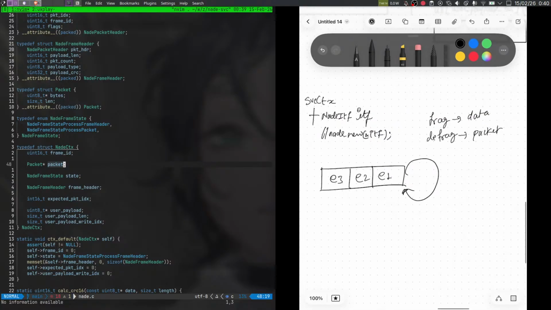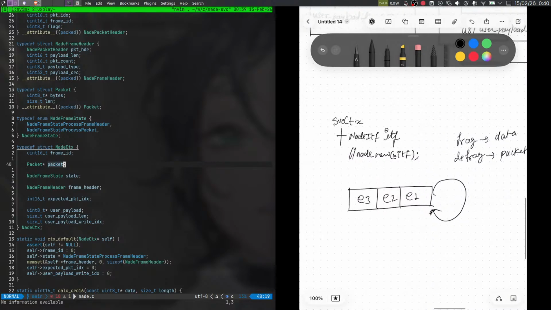And when it is homogeneous, then each SVC context will have just one interface, and this interface is definitely going to work with the same packet length,